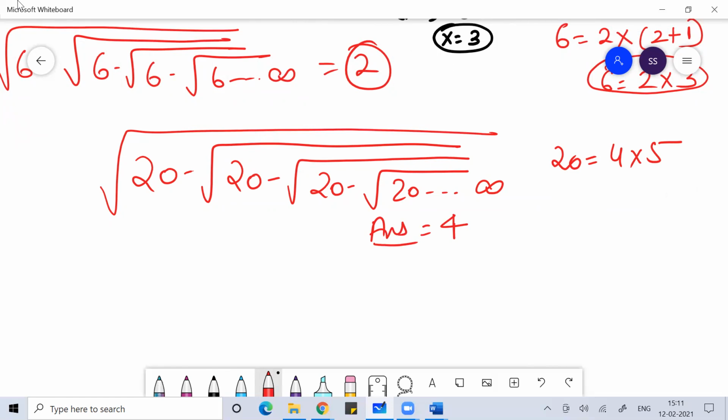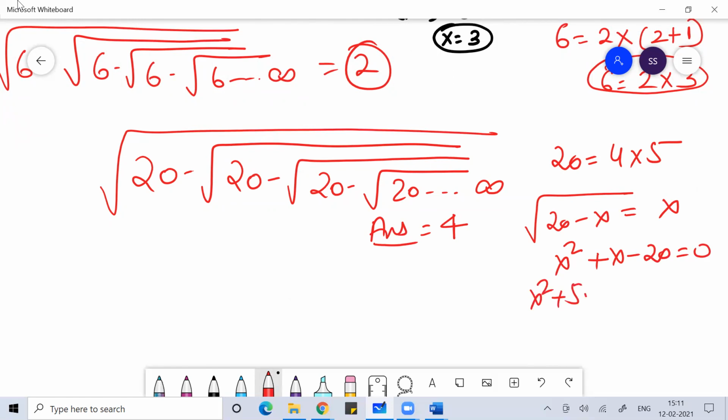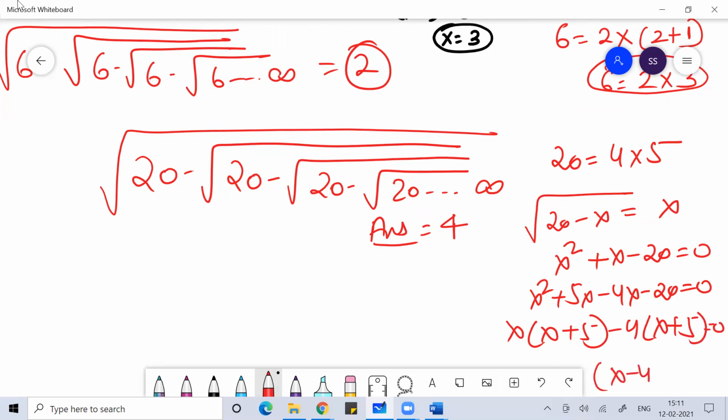So either you can solve it by making a quadratic equation, or you can simply do it this way. Why solve by quadratic equation and all? Why waste time doing all that? Even if you can save 1 minute, that would be a big thing for us. So if a technique like this is there, why not solve it that way? Otherwise, we always have the quadratic equation way to get the answer.